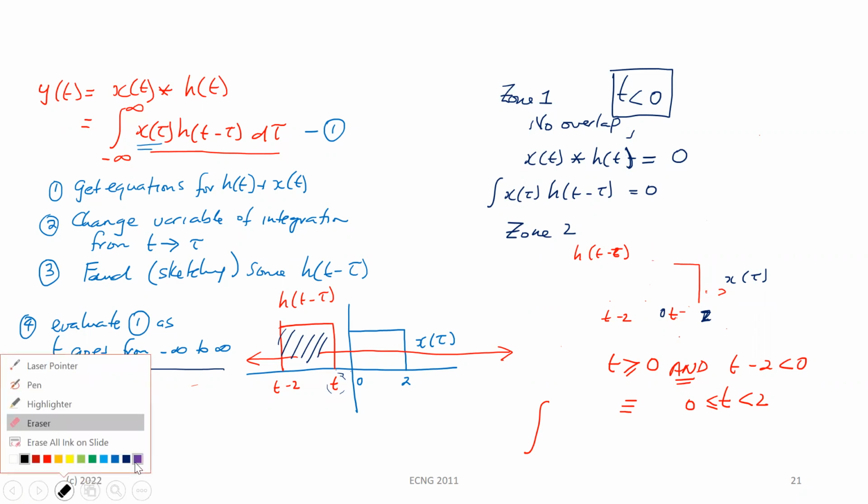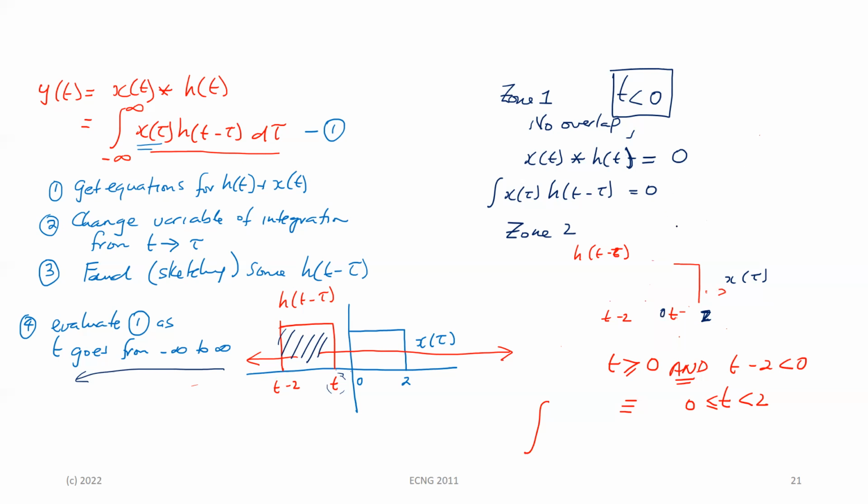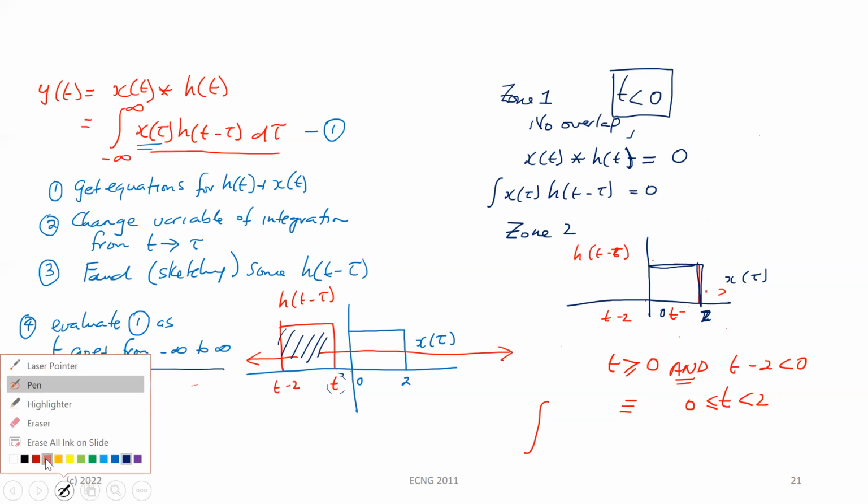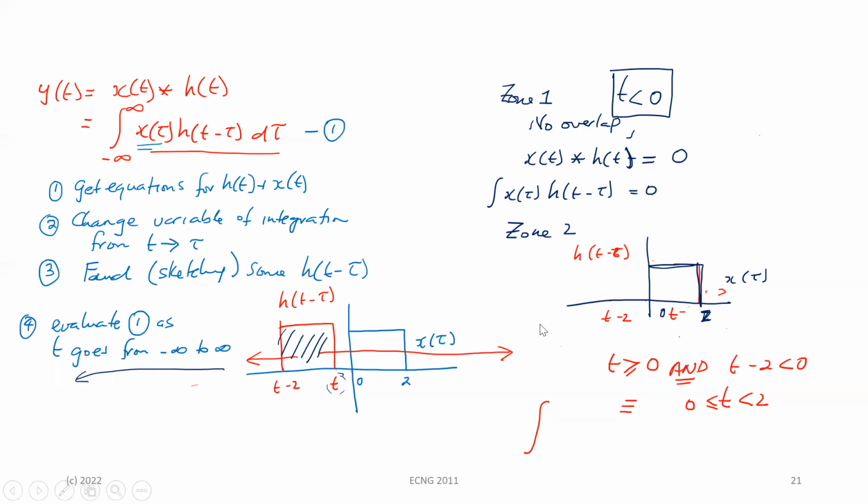And give me the blue. So we have the blue. This is x. This is x tau here. And we have h